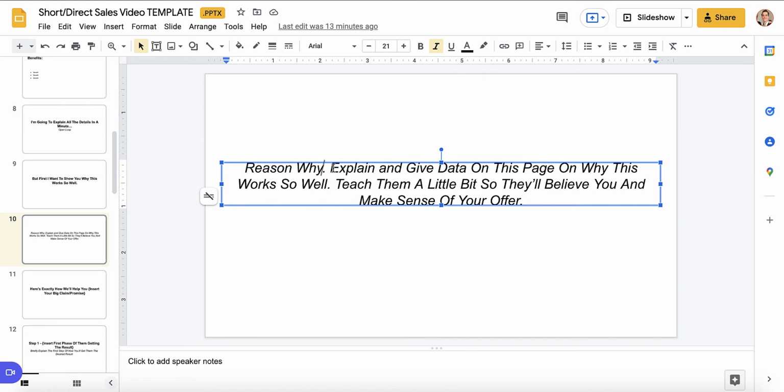You're going to give them data on why being a fitness coach in this example, an online fitness coach, is better than being an in-person personal trainer, and why it gives them the ability to make more money, why it gives them their time back, why it's less stressful, et cetera, et cetera, et cetera. Why they will enjoy their life more, right? You want to do some teaching here essentially. Okay. Once you've given them data and you've taught them why this works so well, okay,